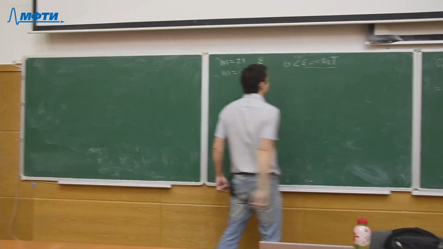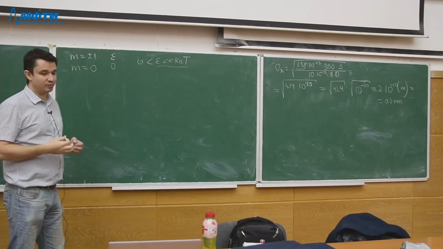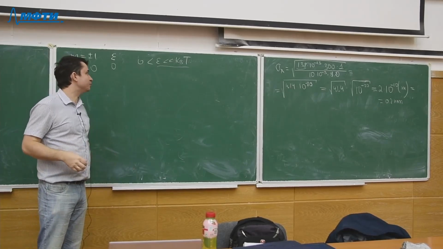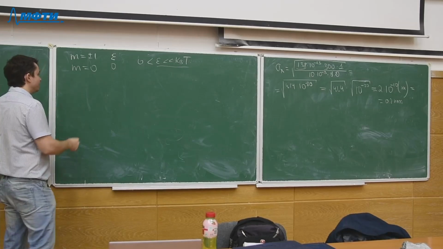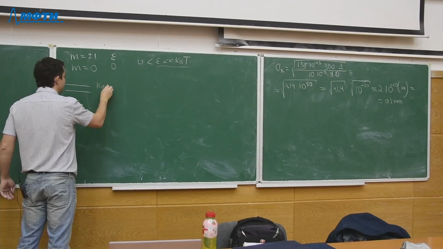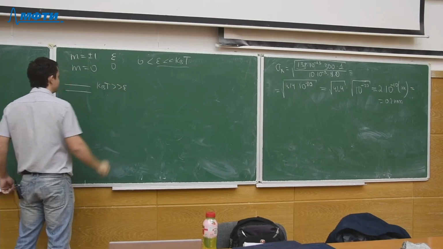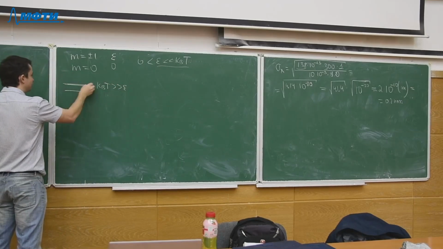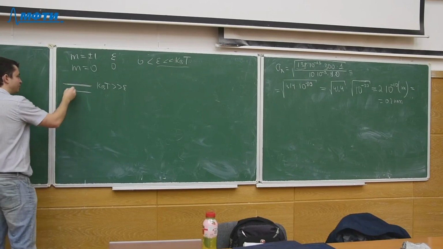So there are actually two approaches to solving this problem. One of them is just to start off from this limitation, and you see that if your kBT is much larger than epsilon, then the occupation probabilities of all of these states are actually equal, because